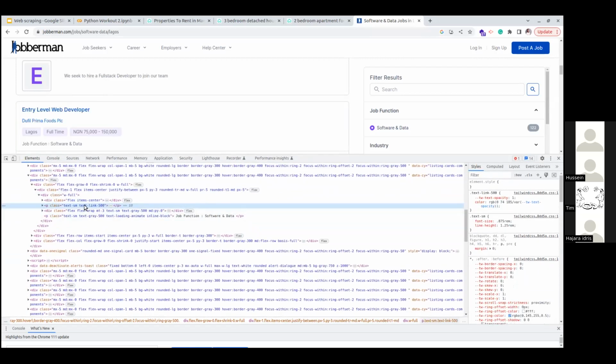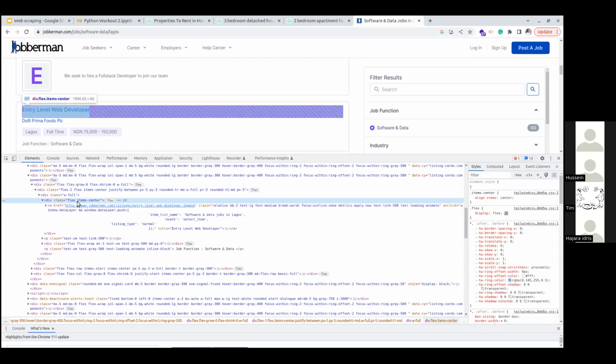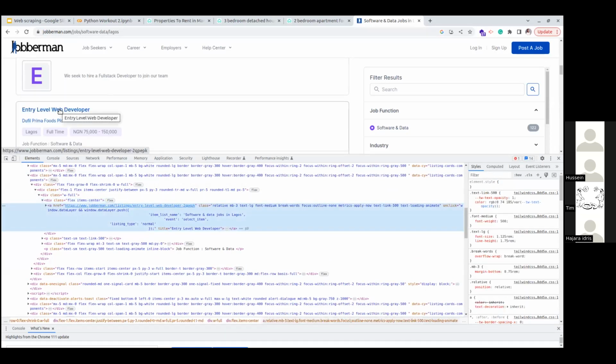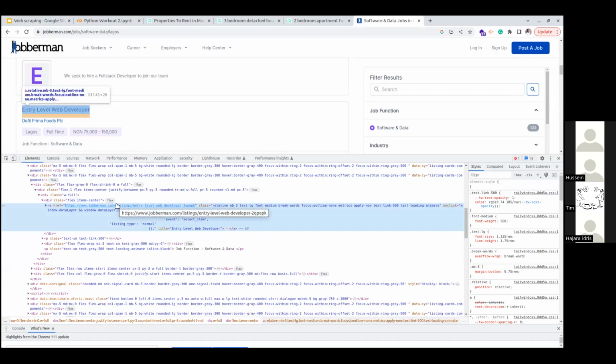So we've checked this one, and you can see there's a div inside the div. Now they have what we call a link. The a href means that when I open it, it will take me to the URL. You can see that in the a href, they have even given me the URL that takes me to all the details that I need about this particular job. You can see what I'm saying.